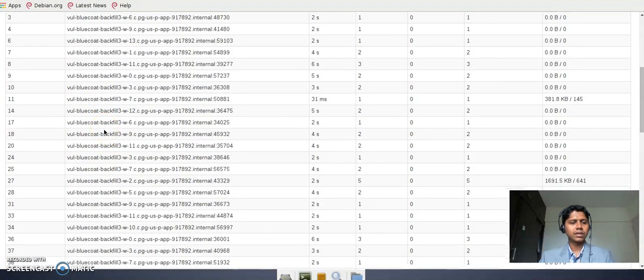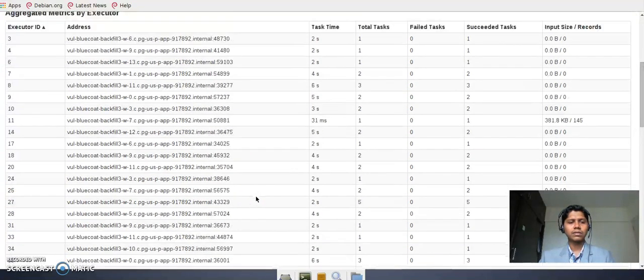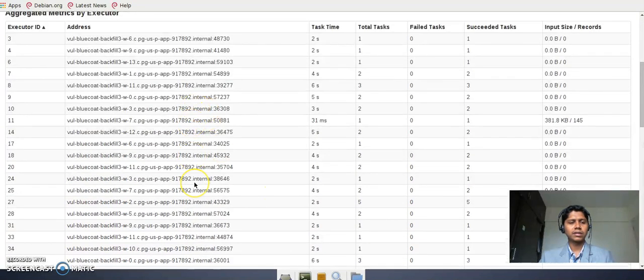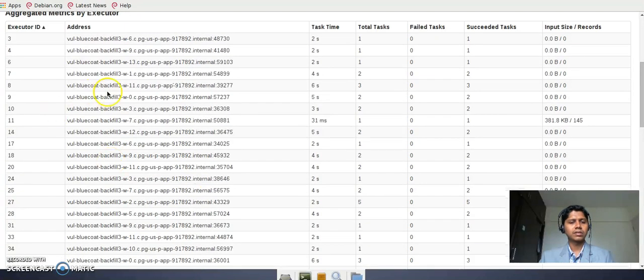In this case you can see that 39 executors are there, and this is the primary thing you can verify, whether your Spark is doing parallelization in the correct way or not. So here you can clearly see that it's getting distributed to multiple